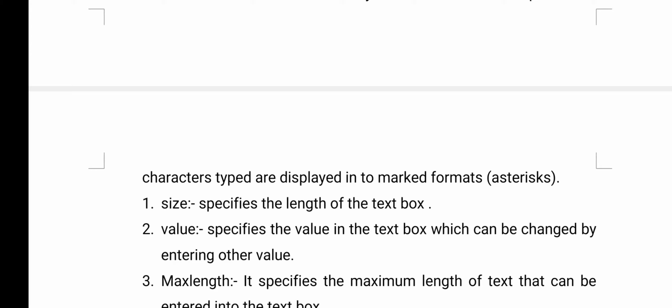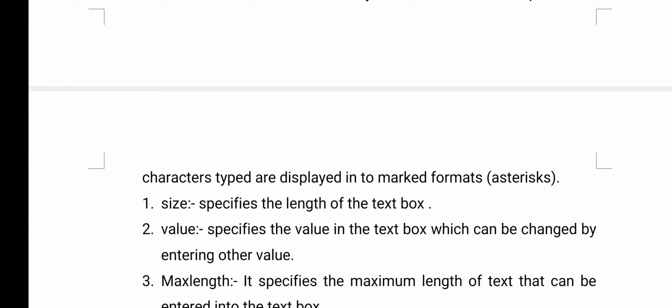So here you see, the only thing you need to remember is that in a text you are entering text, and using a password also you enter the text in the same way. The only difference is, if you have given input type equals to password, whatever content the user has entered is not displayed as it is.